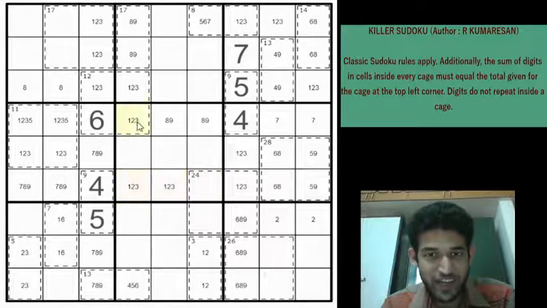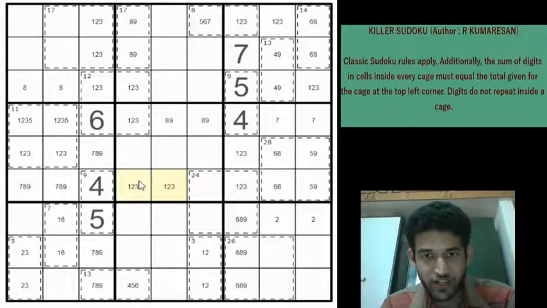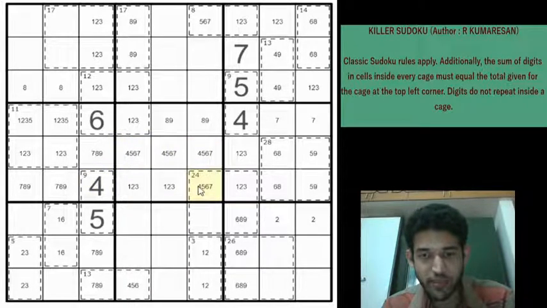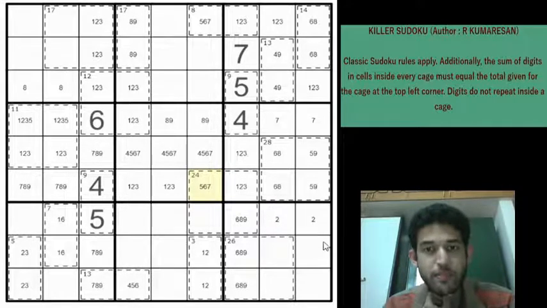So now we have again a 1, 2, 3 triplet. Amazing Sudoku. Really amazing Sudoku. So 1, 2, 3, 8 and 9 have been locked in place. Remaining digits are 4, 5, 6 and 7. And this will also be 4, 5, 6 and 7. We have a 4 here, so this will be 5, 6 or 7, right? It can't be anything else.